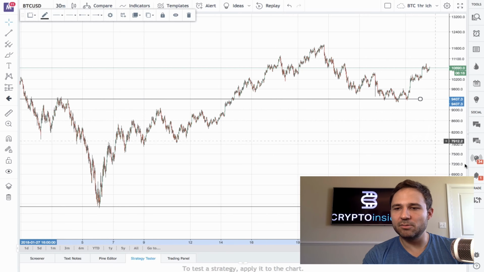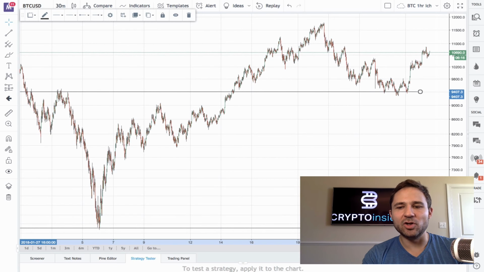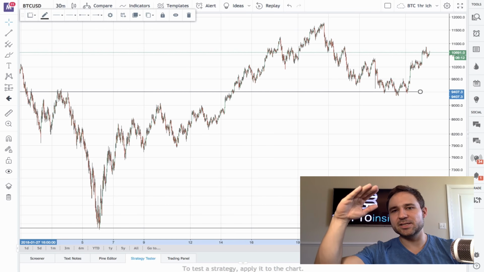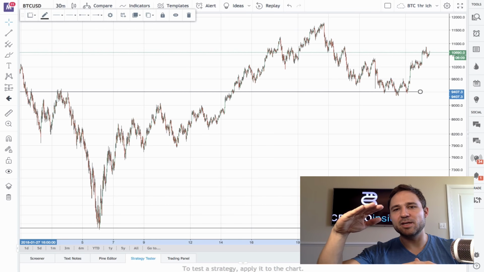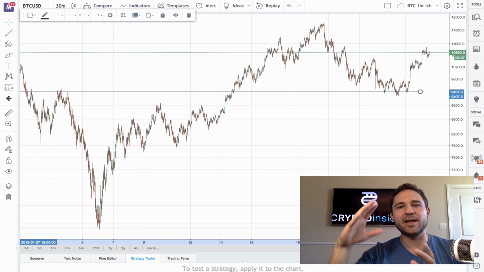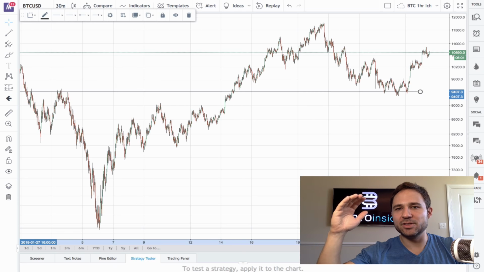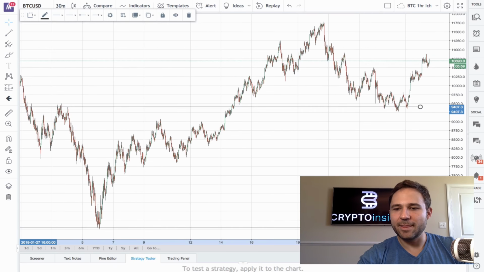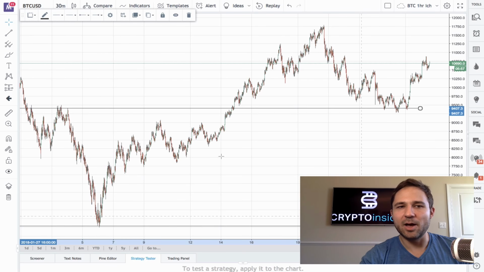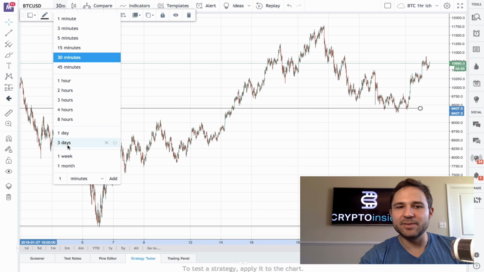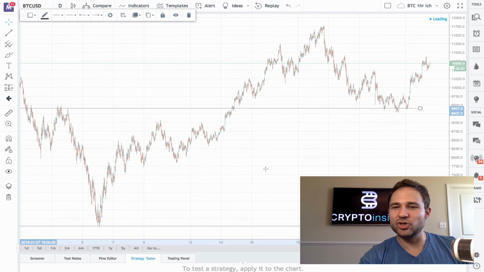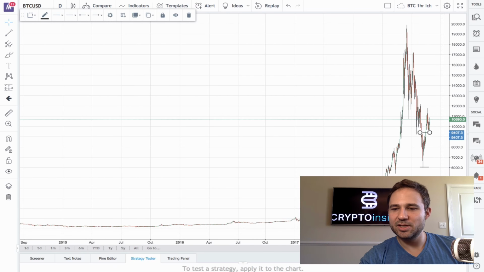All right, so keep in mind, I have a logarithmic scale. It condenses everything, and it's helpful when prices get too big, especially with Bitcoin. Since we moved from $1 up to $20,000, the chart can look a little intimidating, and you can't really get as much good data from it. So this is